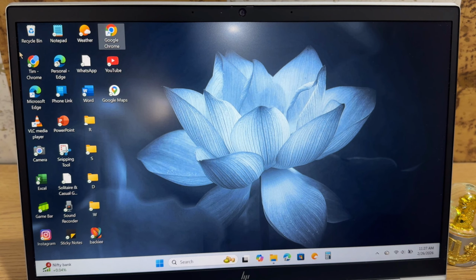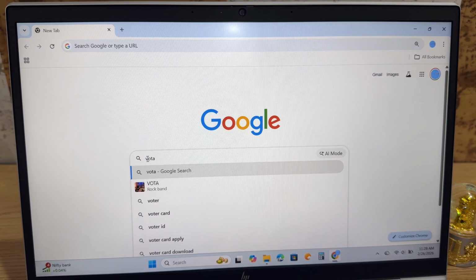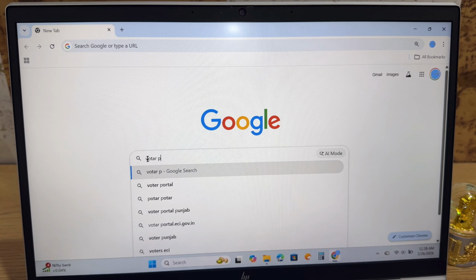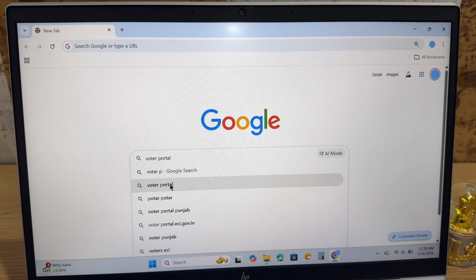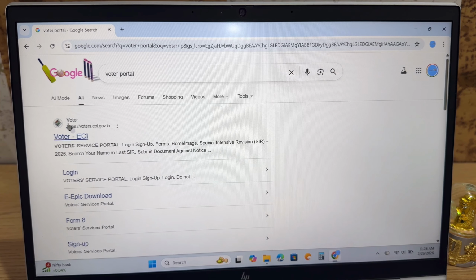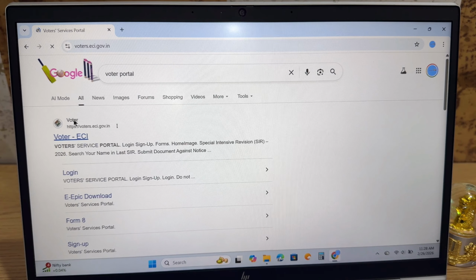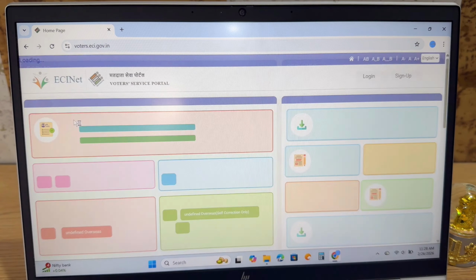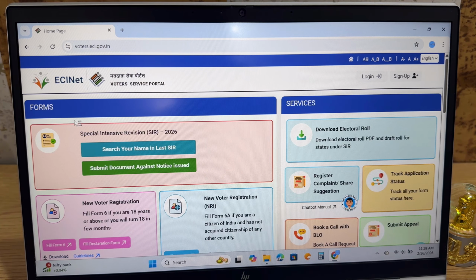First friends, you open Chrome browser and write here voter portal, and you see here first site, click here. And friends here have two options, login and sign up. Click here sign up,